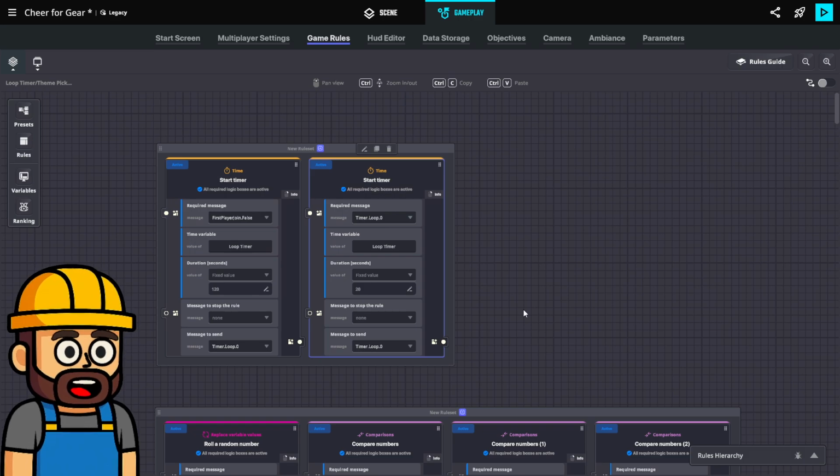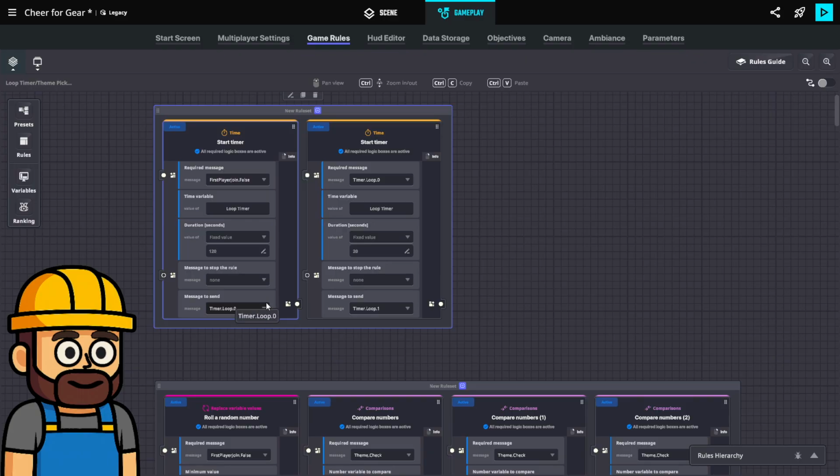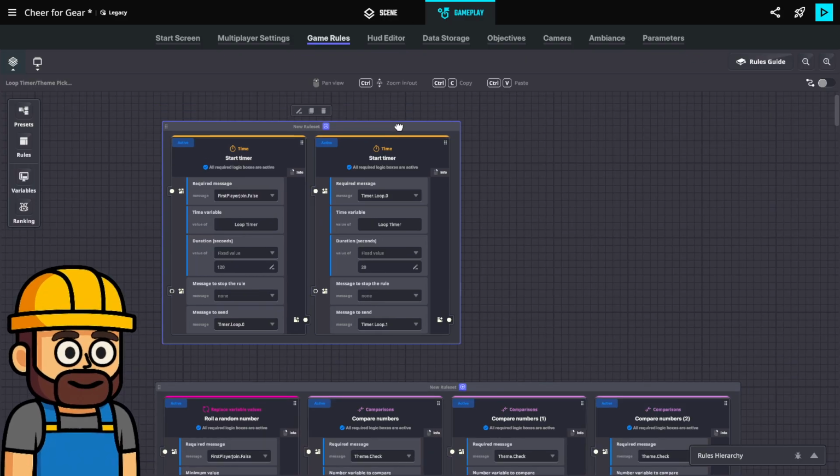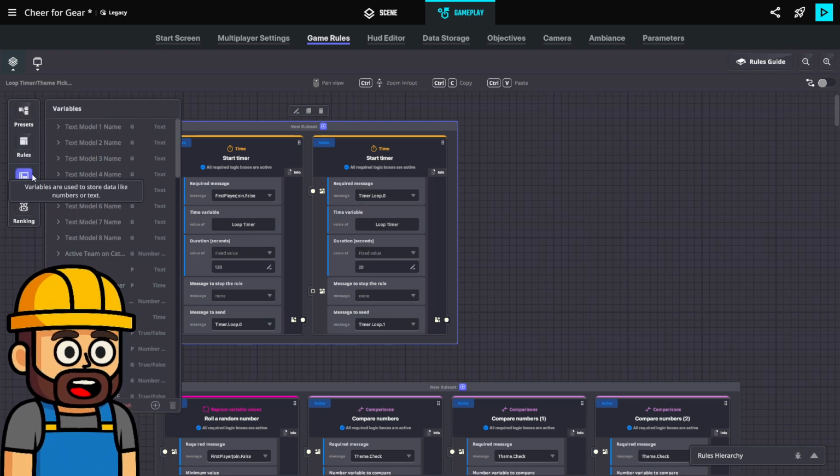So 20 seconds to get in the door, and then people start getting teleported onto the catwalk. Timer.loop.1. I'm not really sure what's going to happen at timer loop 1. Probably going to have to start checking the array. But I think we're to a spot now where we can start building our memory.